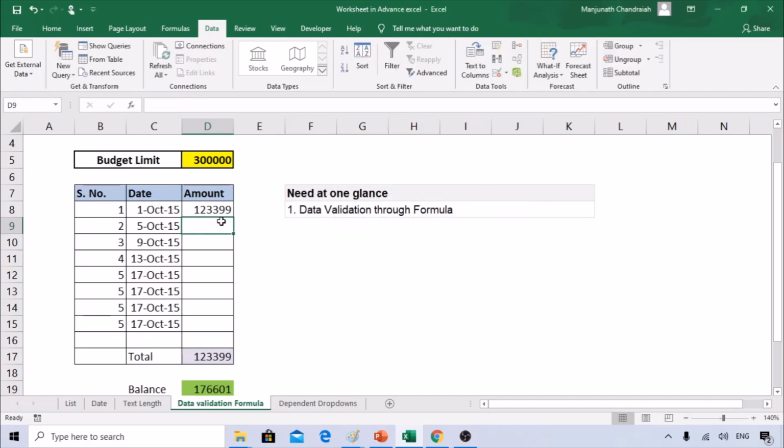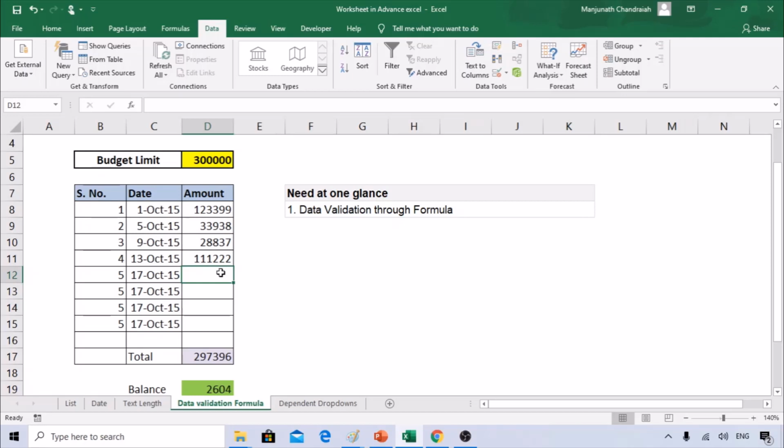That is also helpful where somebody is updating the values and mistakenly adds an extra 0. You should not accept that, because the budget limit is only 3 lakhs. So very simple and very helpful. These things will help you avoid unnecessary typo errors and reworking on the same